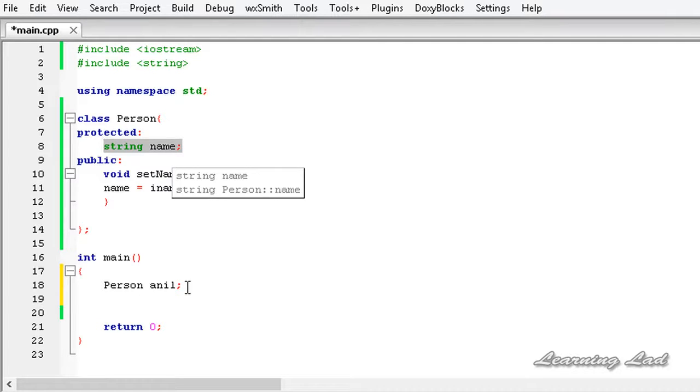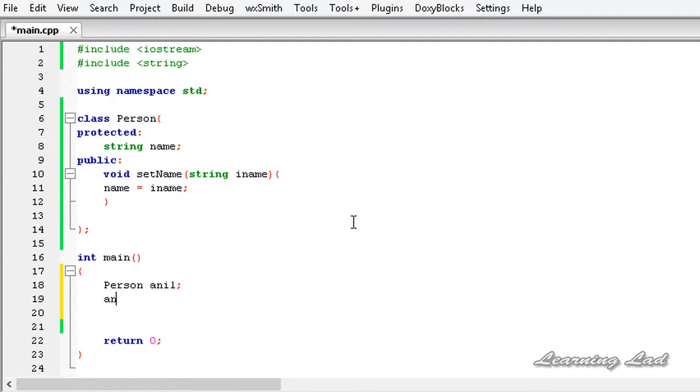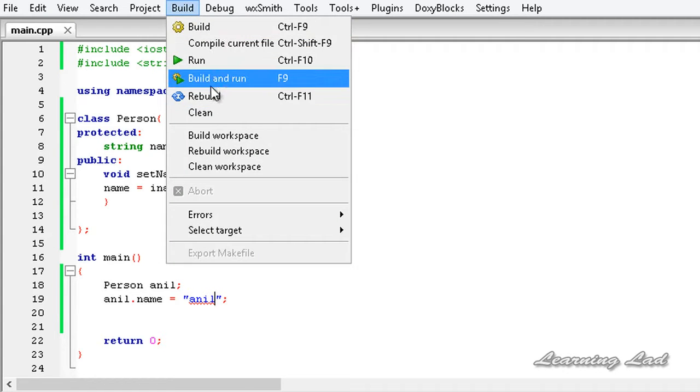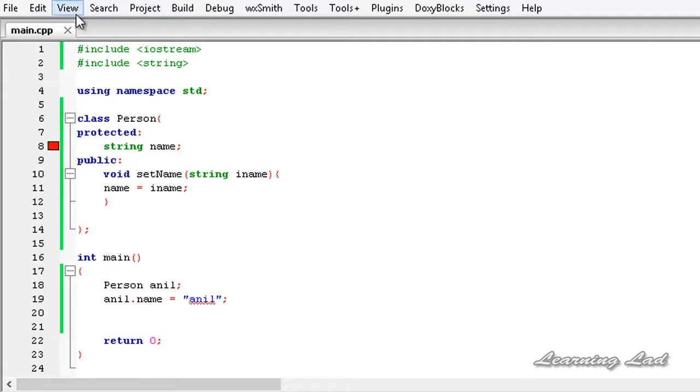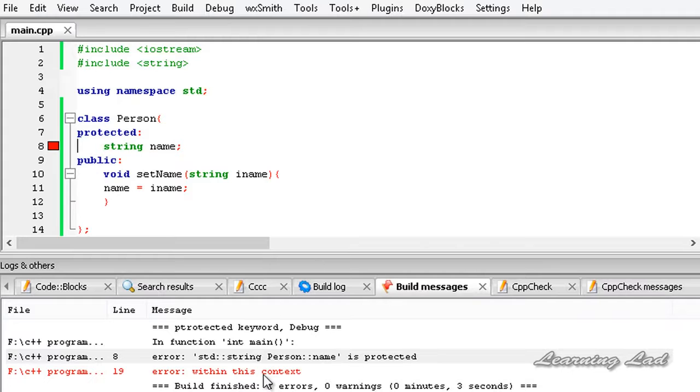Since main is an outside function, which is not a member function of this class or of any subclass of this class Person, we can't access it. If I try to do that, for example anil.name equal to, let's say, Anil, we get an error. So I'm going to build and run this, and we get the error. If I open up the logs, it says Person::name is protected.